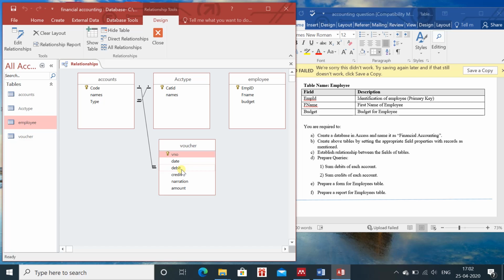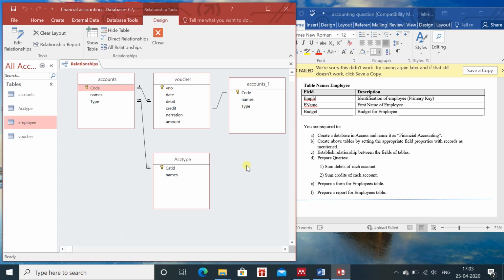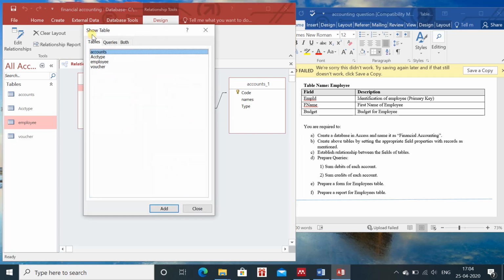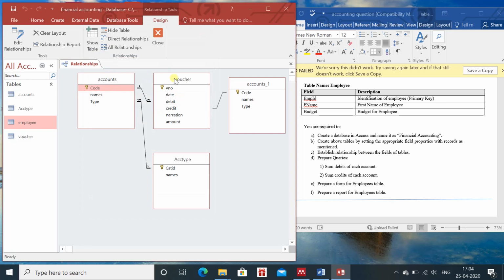Then again we need to create one more table. See, these are the 3 relationships which we have already created, but you want to add one more table. You can see that code is related to the debit plus code is also related to the credit. So we have to add one more table, because with one table you can create one relationship.